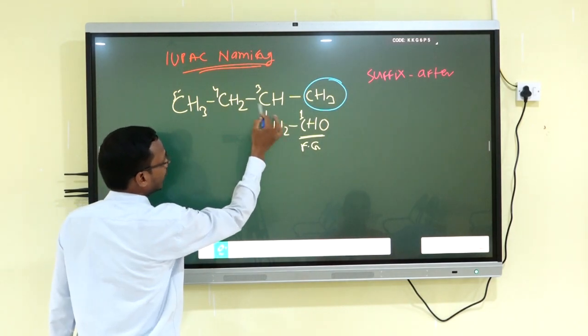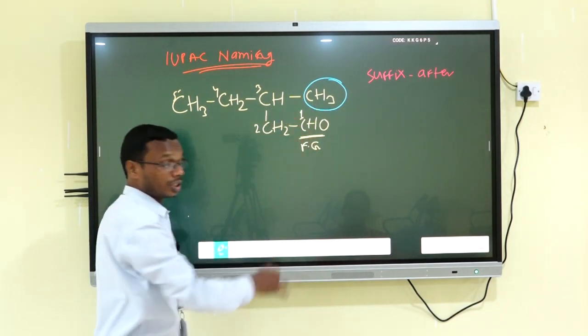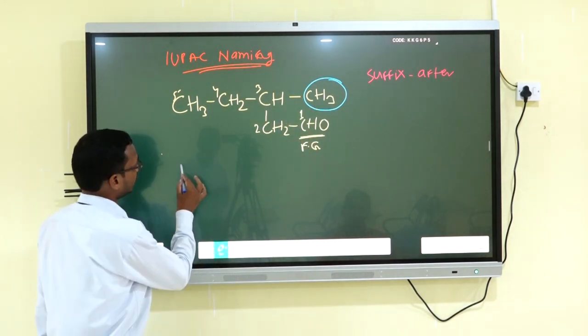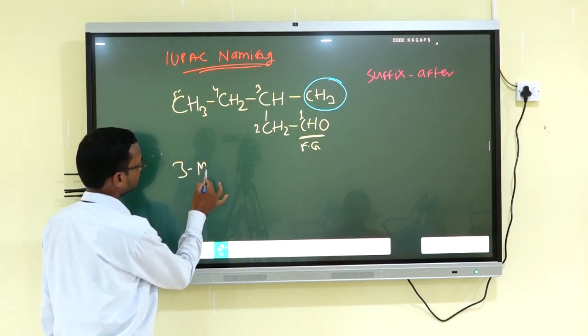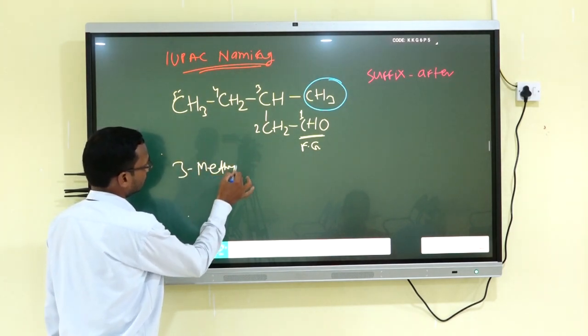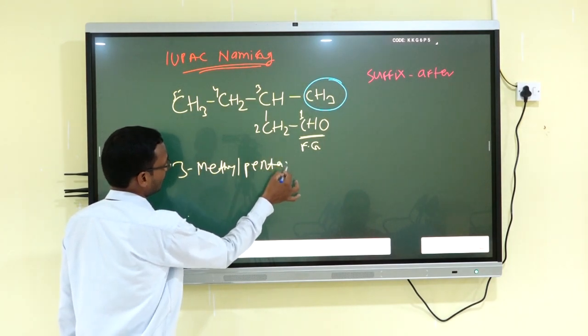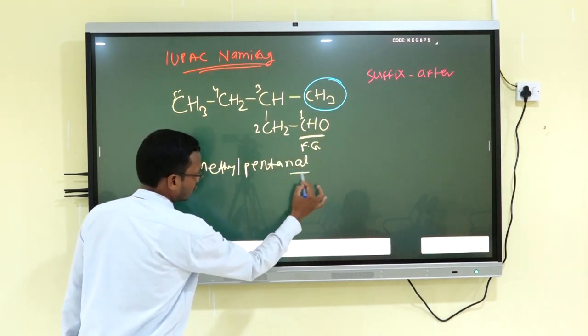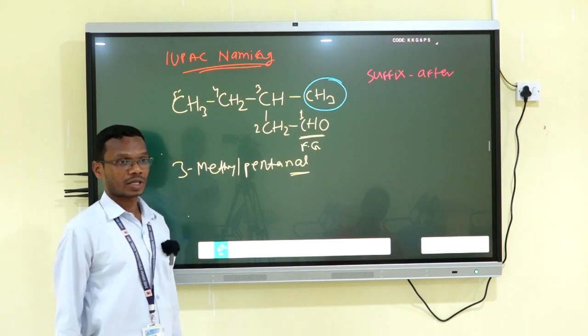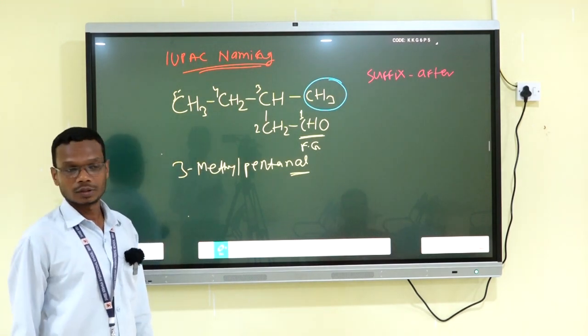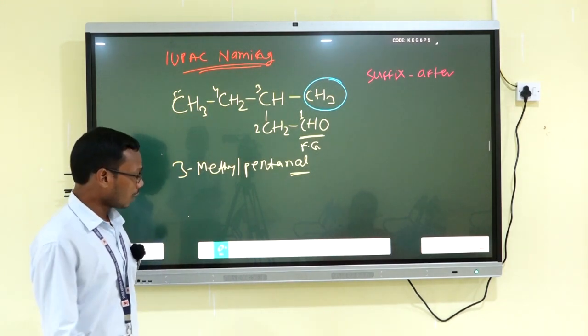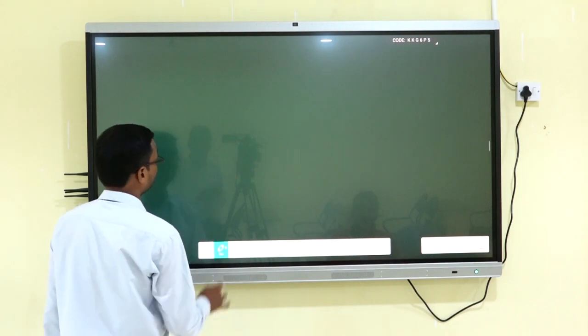1, 2, 3. In 3 position, there is an extra group, that is methyl. So, 3-methyl pentanal. Remember this one, pentanal, 3-methyl pentanal. Okay. Now, another one,